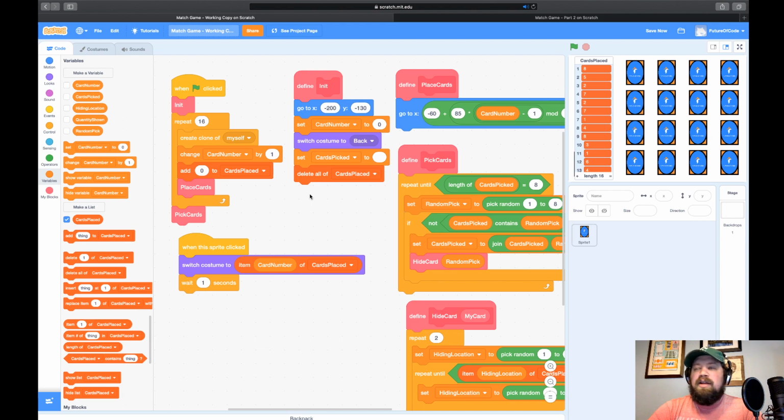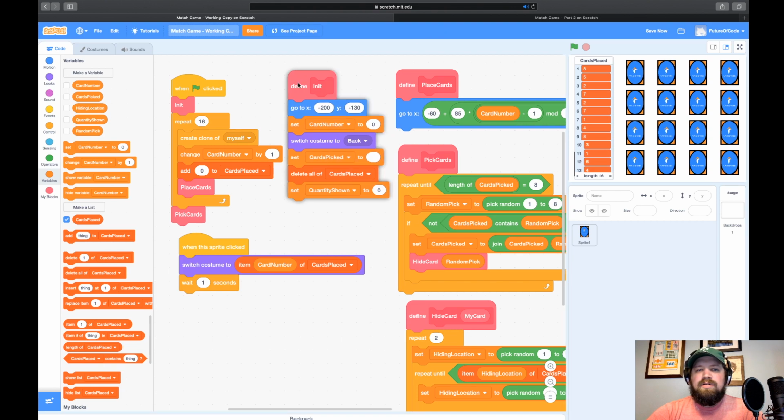So let's go back to init, and we know that we need to make sure this is 0. We always start at 0. We don't have any cards flipped over, right? So let's say set card number to 0, but we're going to change card number to quantity shown. All right. Well, we got that reset. That's good. We gotta think about that each time we add something. We gotta make sure that at the beginning of the game it starts where we want it to be. And in this case, nothing's flipped over, so it should be 0.